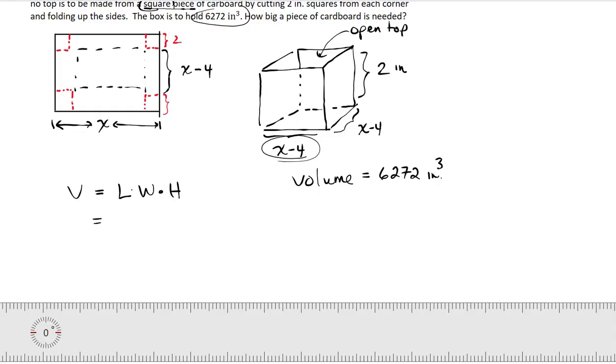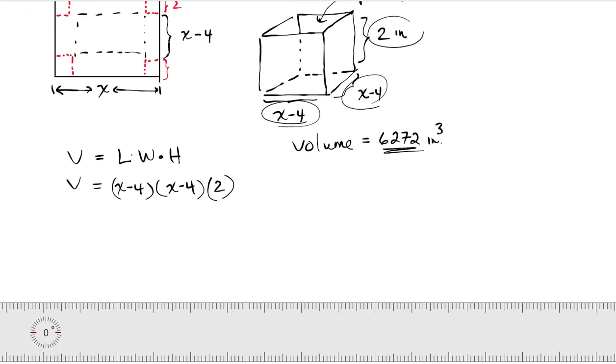So again, the length is given as x minus 4. The width is also given, which is represented by x minus 4 as well. And then the height is 2. And the value of the volume is given, which is 6,272. And now I'm just going to move the 2 to the very front just to make this a little